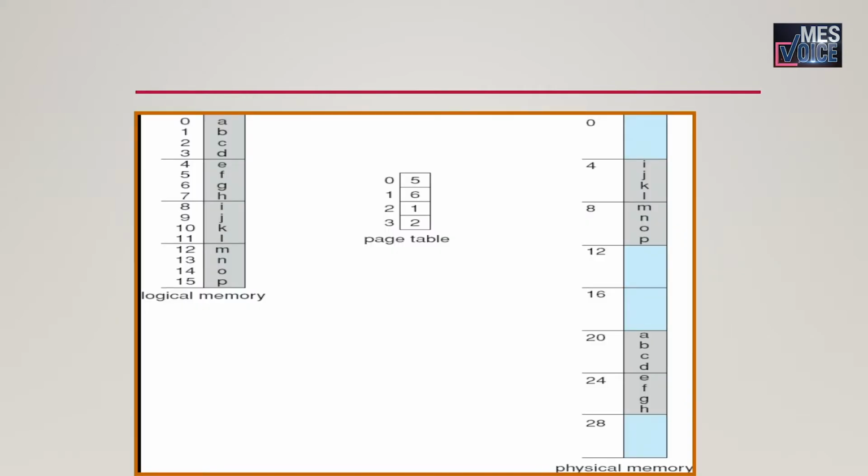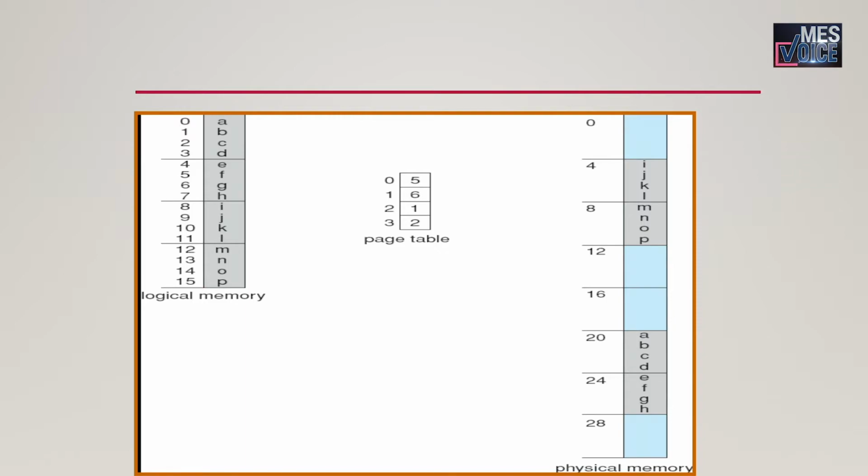This is another example given for paging. Here in this particular example, we are using a page size of 4 bytes and a physical memory of 32 bytes. So, 32 bytes means there are 8 frames in the physical memory. The logical address 0 is page 0 and offset is 0. Indexing into the page table, we find that page 0 is in frame 5. In this figure, you can see the corresponding page is in frame 4.